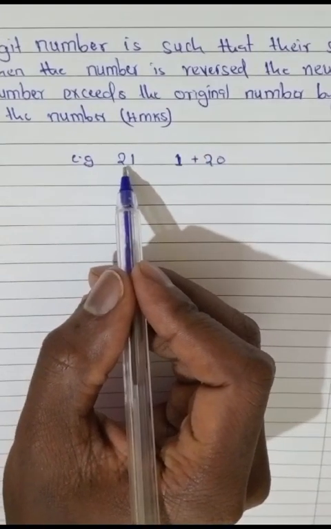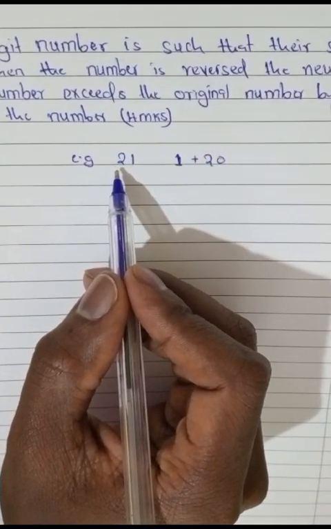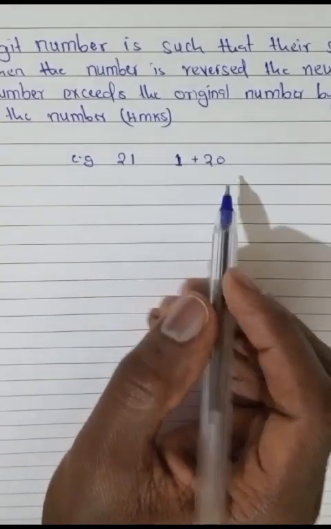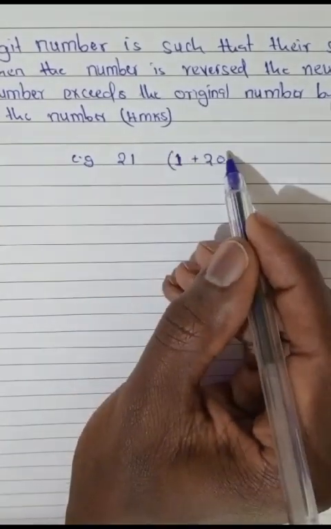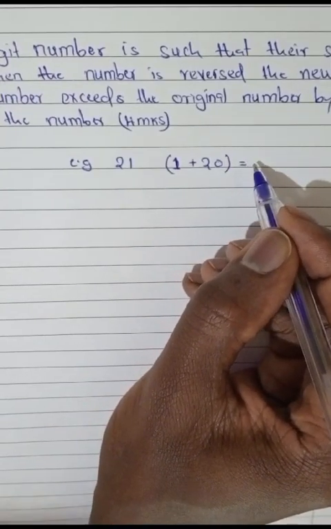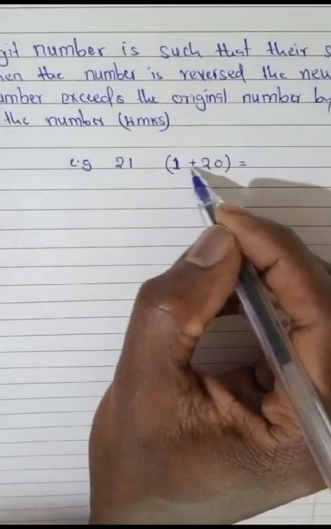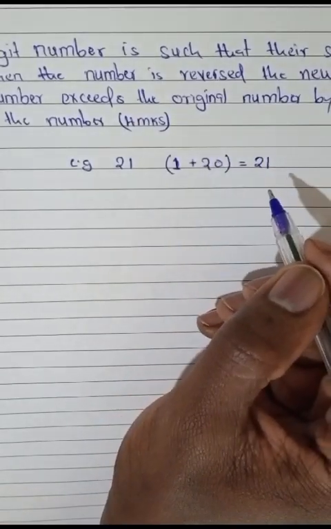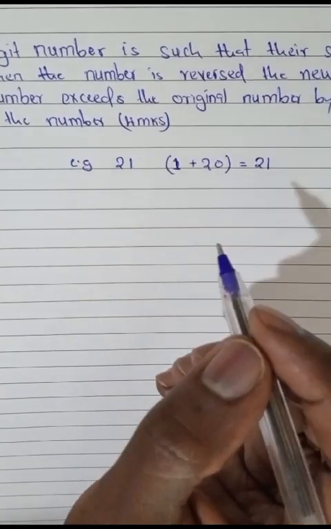Remember 2 falls at the tens place and therefore you will multiply 2 times 10 to get 20. And when you perform this addition, you should be able to get total as 1 plus 20, which will give you 21. I'm giving that example because we will use that